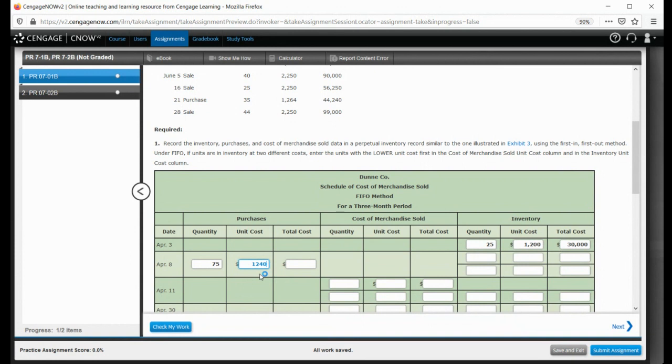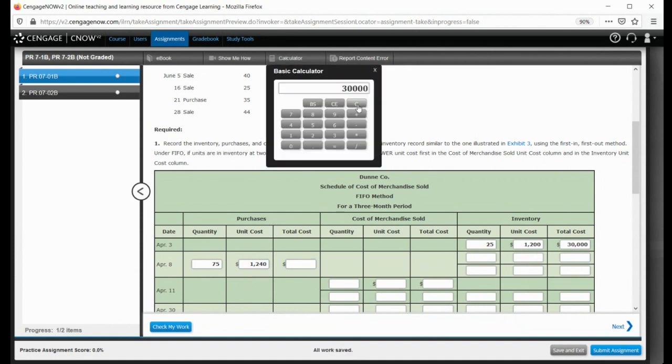So it would be very difficult to distinguish between the units, but we have to keep a record of the units that we're purchasing at the cost, because obviously it costs more than it did during the last period of time. So to find the total cost of the purchases, we're going to multiply the quantity by